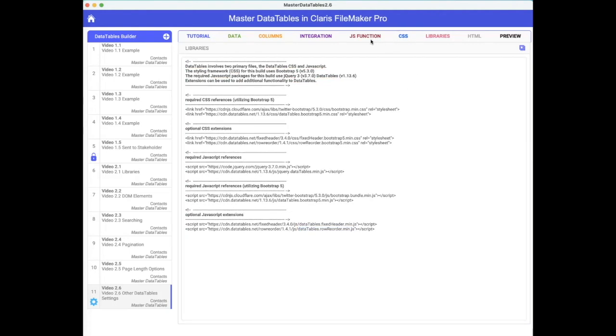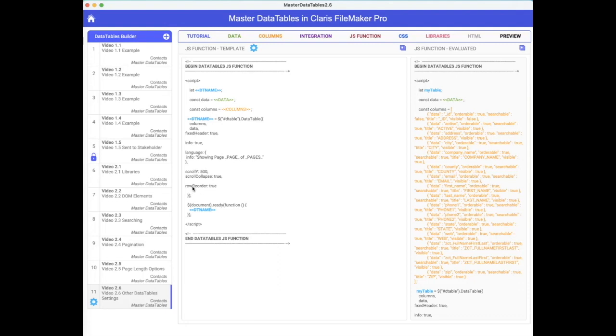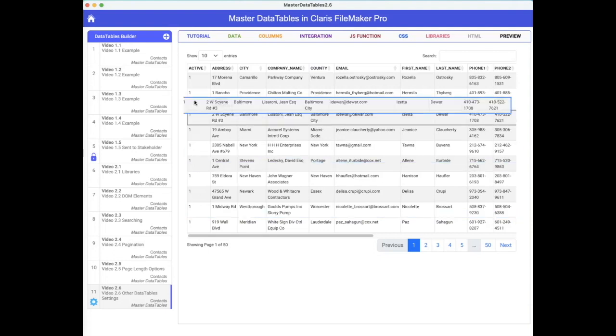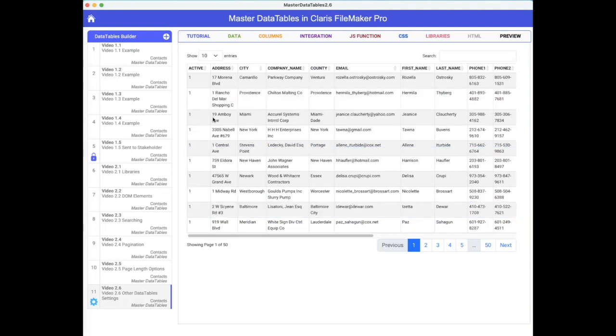All right, so remember I turned on row reorder to true. What does that actually do? So here we are. I've got the library loaded. I've got it set to yes. Watch this. If I select this row, I can move it up here. That's what row reorder does. If I select this and move it down here, that's what it does. So if I go back and I